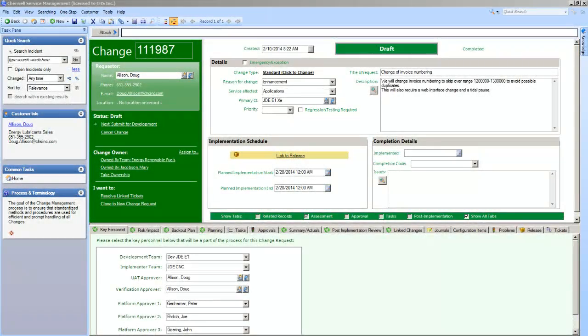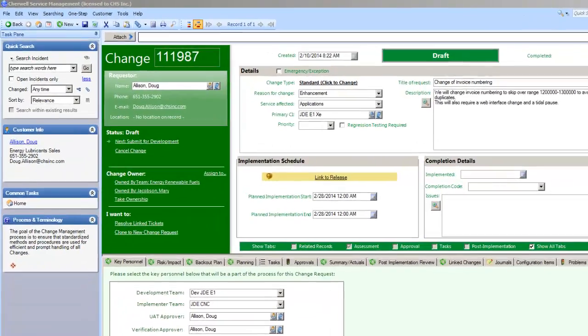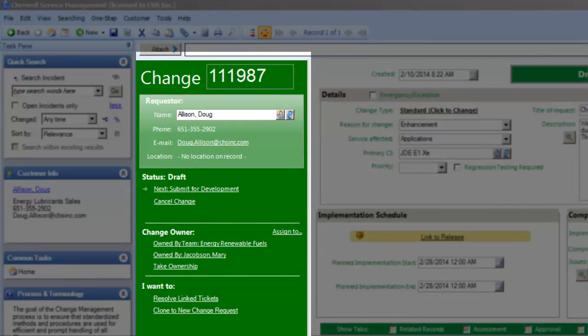iTicket, or Sharewell, is broken up into three basic navigation areas. The first navigation area is the control panel, which is currently in green. In some cases, it will be in red in case of an emergency change. The control panel gives you the option to update the requester or change owner. However, this should only really be done at the beginning of a change and not constantly as the change is